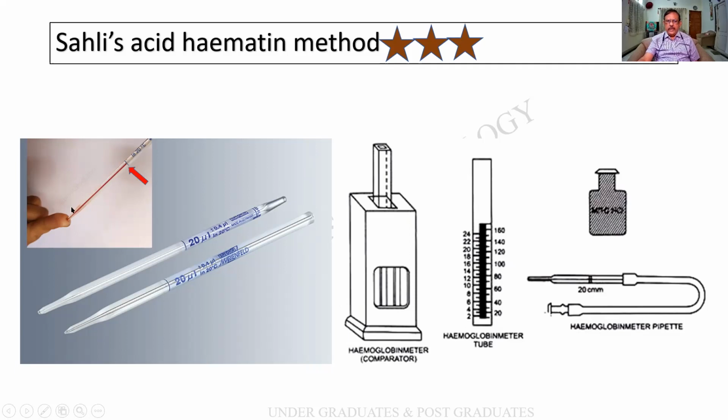A second source of error is that we do not wipe the tip of the pipette. The external part will have to be wiped. Obviously, mouth pipetting is a little dangerous, particularly with HIV and all. So you should know the trick of using this rubber tube itself as a pipette by folding and releasing it. And these are the comparators over here, and this is the N/10 HCl, and these are the readings.